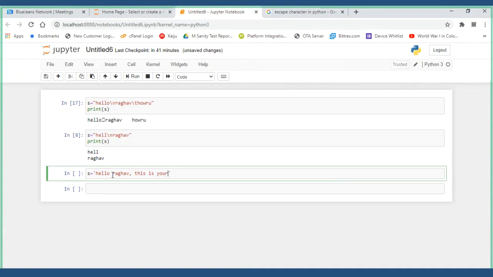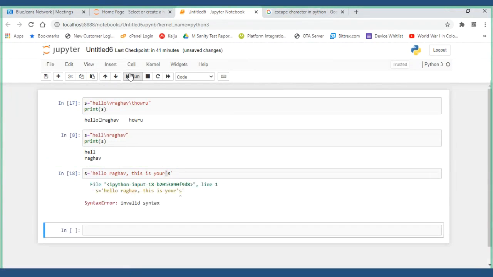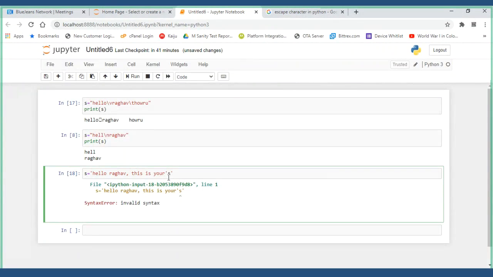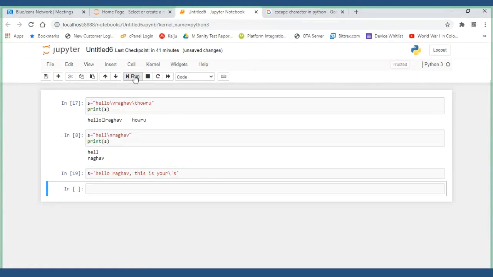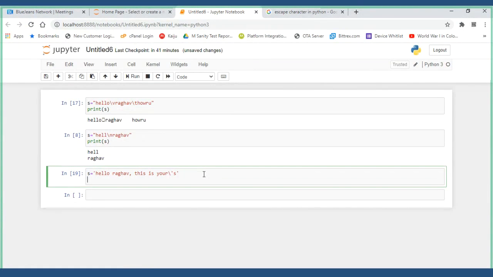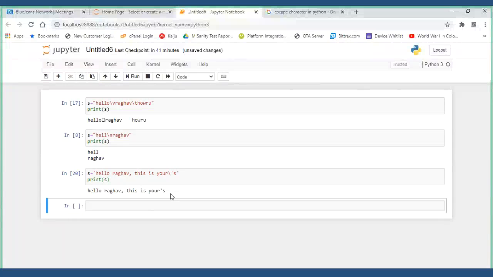Yours apostrophe s is there, and I've closed it. Now I want this s to be printed, but will it be possible? It is not possible. So what I'll do is I'll put escape, and then I'll try now. See, yeah, I'm able to print that.